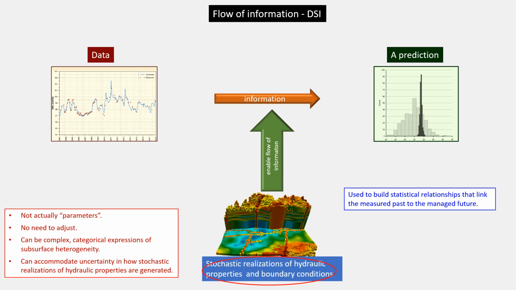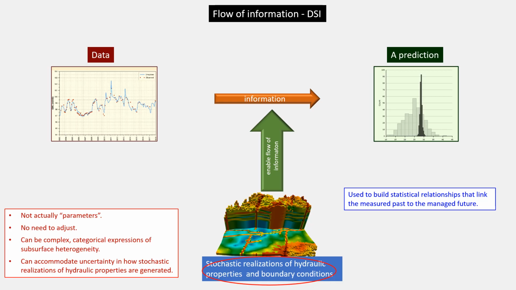But we don't need to adjust anything in the model, so it can represent hydraulic property variability in far more complex ways, possibly using modern-day geostatistics and categorical representations of subsurface variability. For example, a fault may be here or there or nowhere at all. So it can represent what happens under the subsurface and the fact that we don't know what happens under the